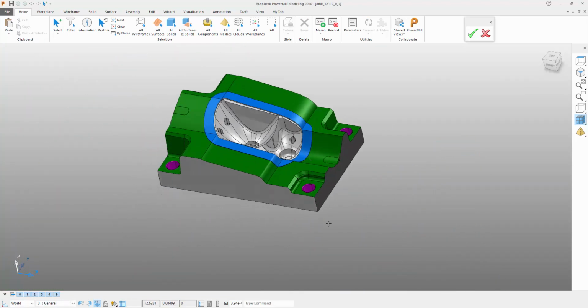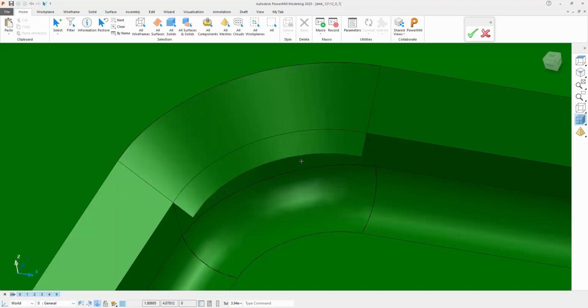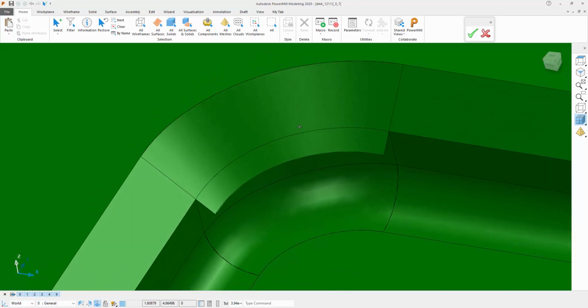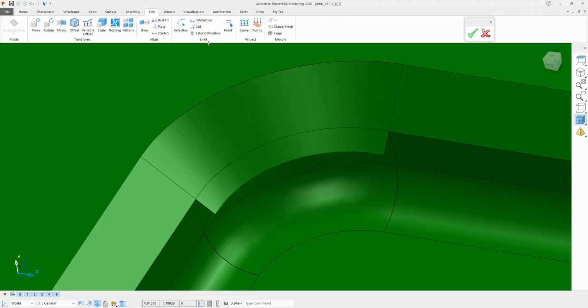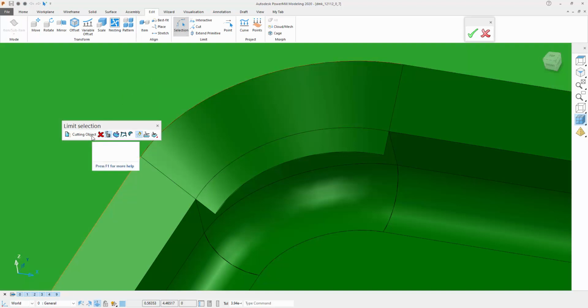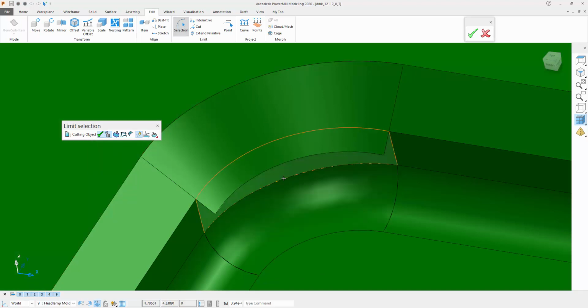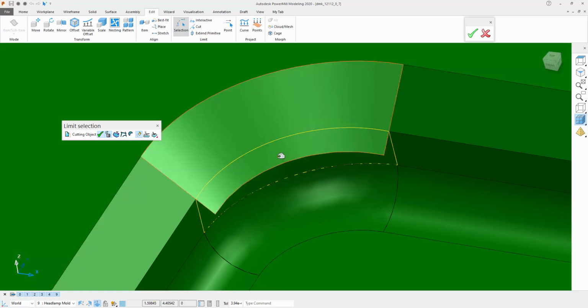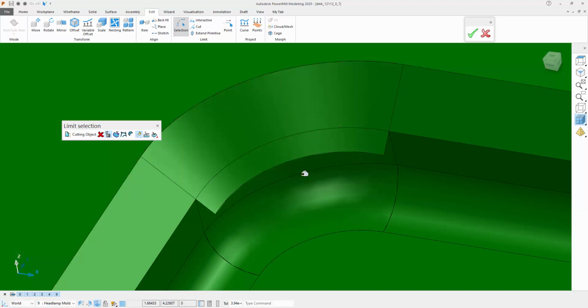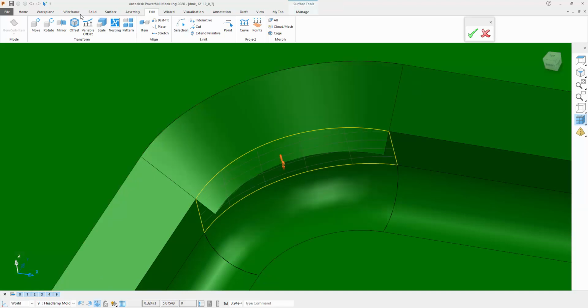Okay, let's go ahead and look at the surface that was poorly trimmed. So in the editing tool, we can use these limiting tools to either limit wireframe or surfaces. This selection here is for trimming, so it needs a cutting object. So I may be able to use a surface as my cutting object. In this case, modeling doesn't allow me to use that surface. So what I'm going to do is revert to using a curve,